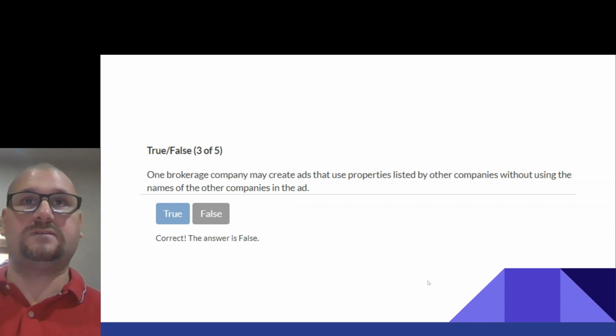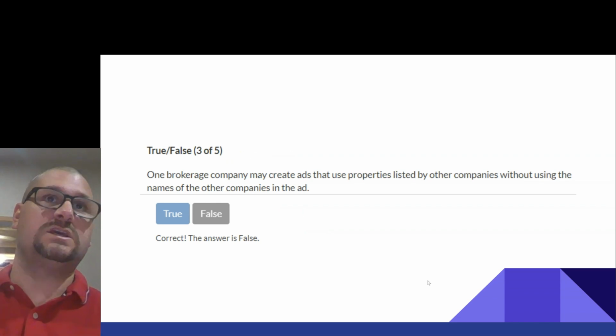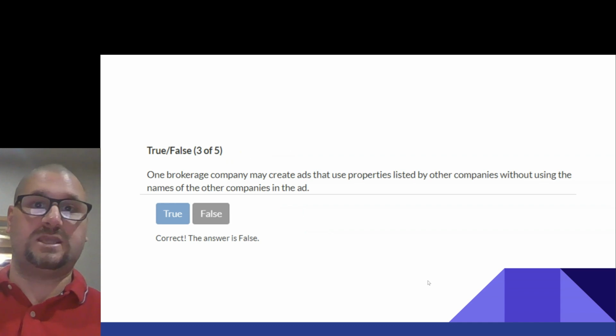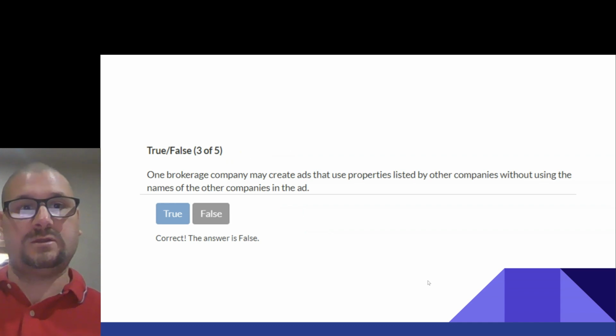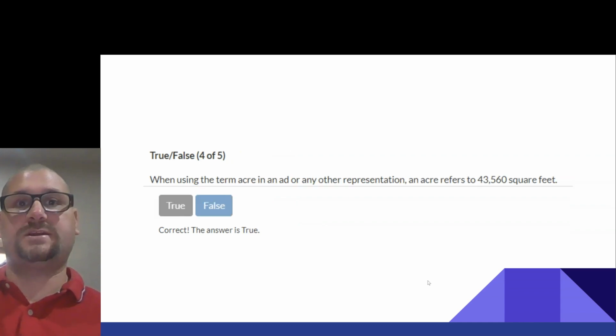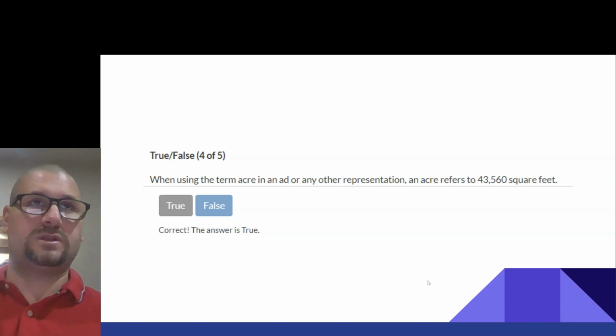So if you want to advertise someone else's ads, you can, but you must include the other company's name in the ad. When using the term acre in an ad or any other representation, an acre refers to 43,560 square feet. Right? So the answer is true.